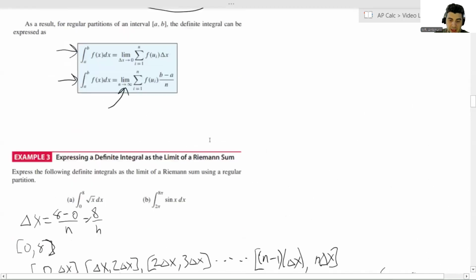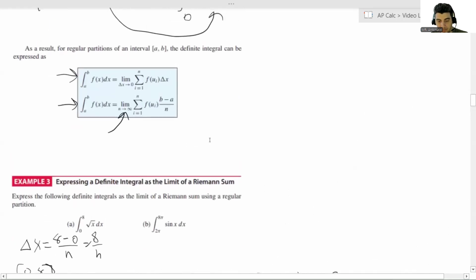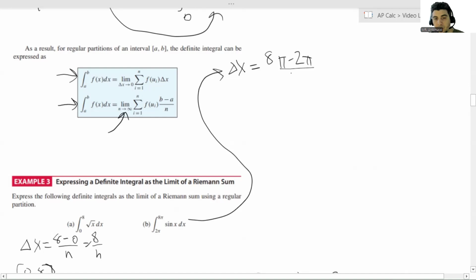Okay, so that was part A. If we do part B, we'll do that up here. Part B, delta x is b minus a over n, so 8 pi minus 2 pi over n, which is 6 pi over n. So if we partition the interval 2 pi to 8 pi, the first subinterval is going to start at 2 pi, and then we're going to add delta x